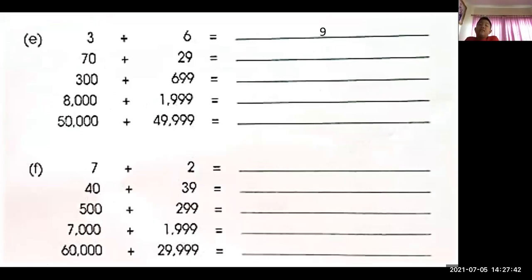9. 7 plus 2 is 9. 0 plus 9 is 9. So the answer here is 99. So 3 plus 6 is 9. 999. 8 plus 1, 9. So 9,999. 5 plus 4,